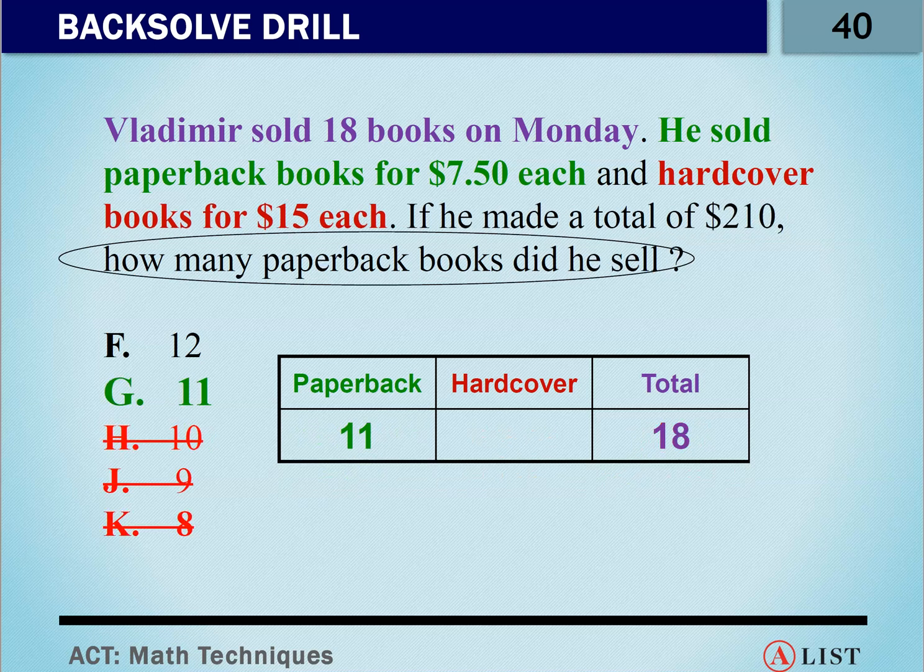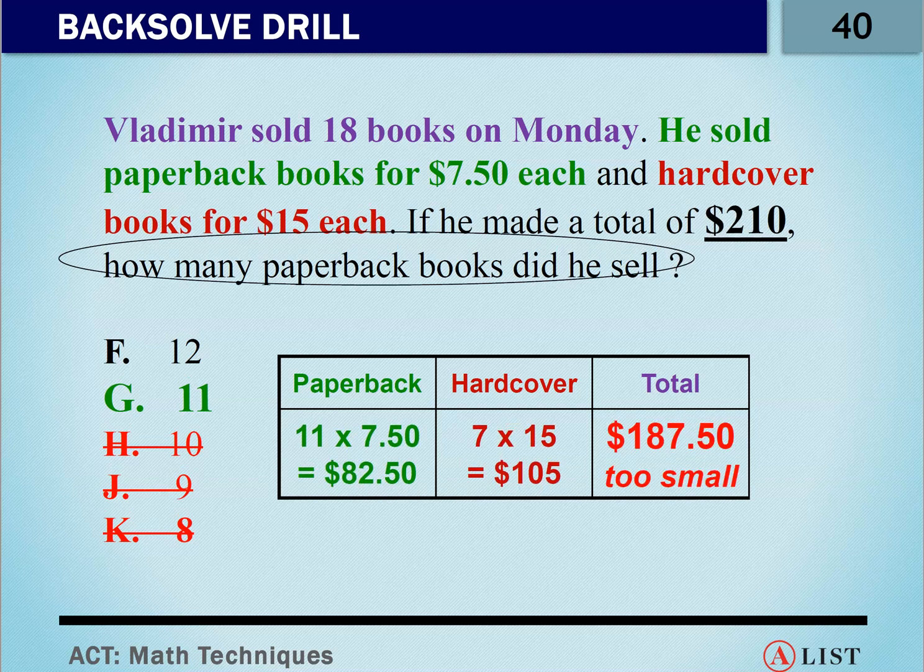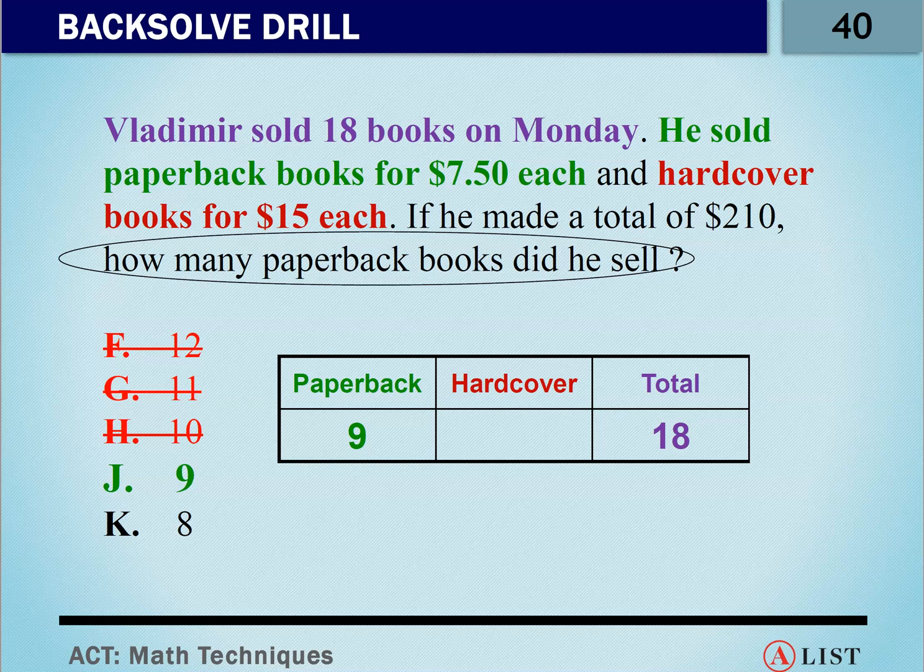So let's try 11. So 11 paperbacks, this time 7 hardcovers. That's 187.50. That's still too small. So that means we're going the wrong direction. We don't want to up our paperbacks. We need to up the number of hardcovers. So they changed their mind on these. Instead of crossing out H, J, K, now they're going to go back and cross out F, G, and H